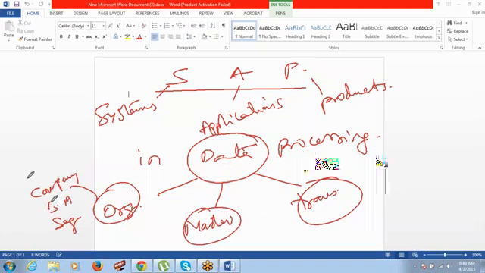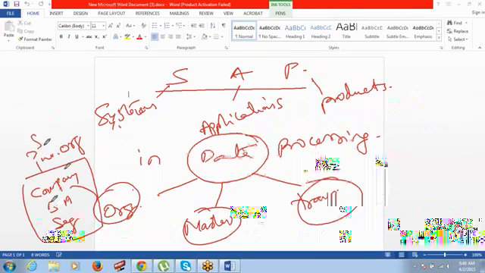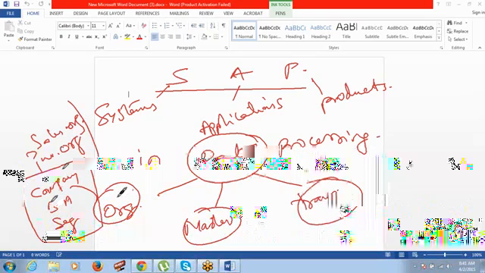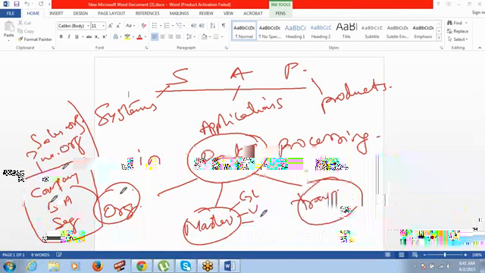Organizational units like purchase organization and sales organization are all organizational data. Master data are general ledger accounts, vendor information, vendor master records, customer master records, asset master records,